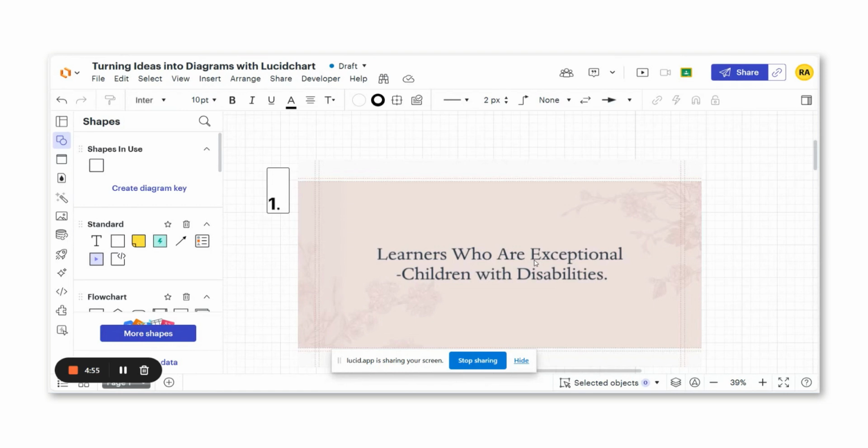I designed this instructional session for undergraduate students enrolled in the educational psychology course. The topic of the week was learners who are exceptional, with a focus on children with disabilities. My primary goal was to shift away from traditional lecturing and instead emphasize learner-centered instruction. To accomplish this, students worked in small groups to explore and gain a deeper understanding of one aspect of the